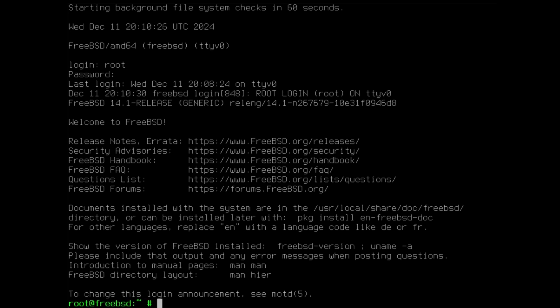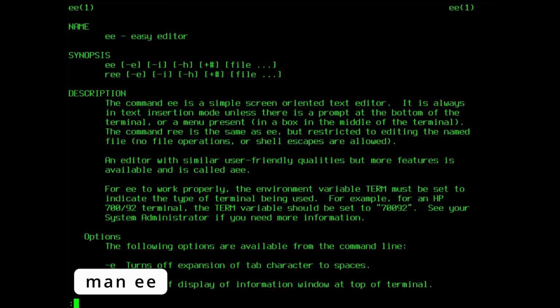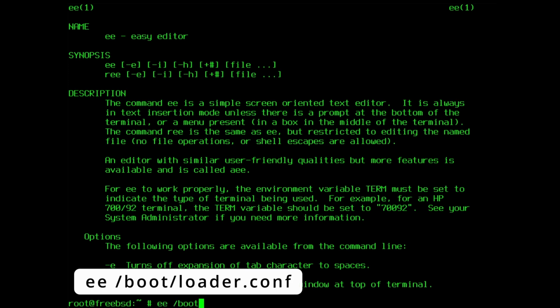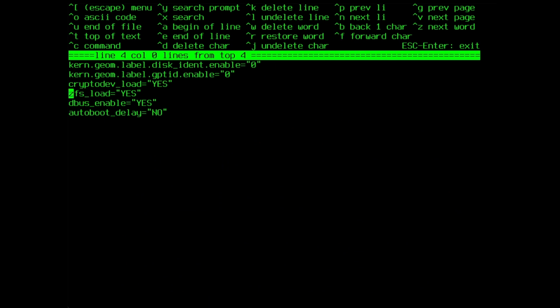Luckily, by default, in FreeBSD, there is also something called the Easy Editor. You can check its manual with the command man ee. Simply type ee and then the file you would like to edit: ee /boot/loader.conf. This will open the friendlier Easy Editor with the explanation of the various shortcuts right at the top of the screen. To adjust the logo, add the line